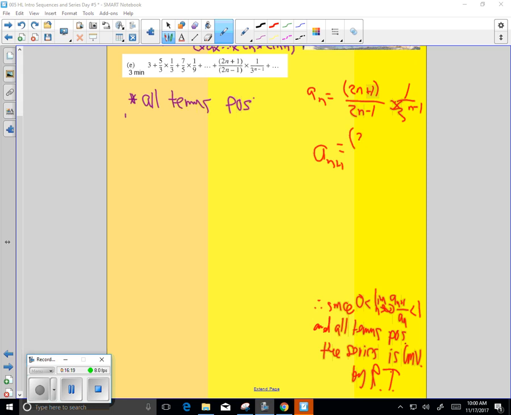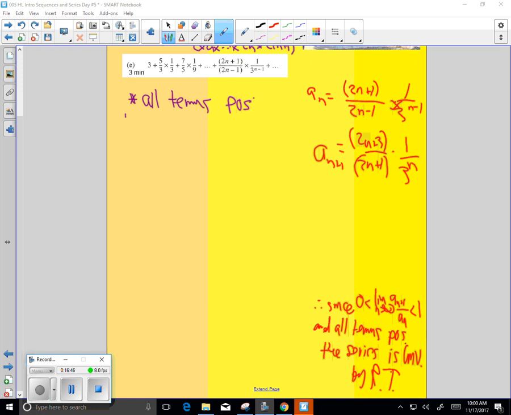It's going to be 2n plus 1 will be 2n plus 2 plus 1 will be 2n plus 3, because it's 2 plus 1. 2n minus 1, it will be 2n plus 2 minus 1, which would be plus 1. And then this will be times 1 over 3 to the n plus 1 minus 1 will be just 3